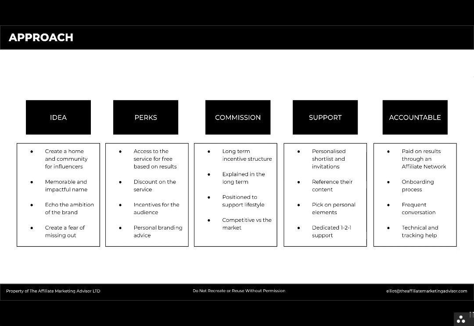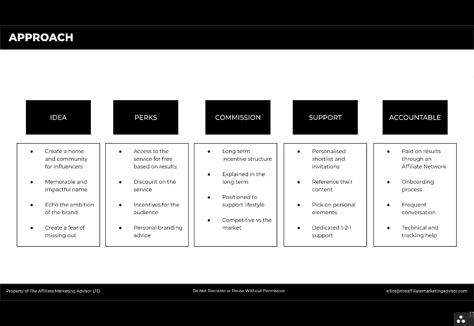On to support then. This is really important. Personalizing this process as much as possible will greatly help the influencer feel wanted, appreciated, and special. I would characterize this as try to make the approach where you approach influencers akin to receiving an invite for an audience with the Queen at Buckingham Palace. You can do this through a very nice email. You could even send something physical in the post or even a video invite.